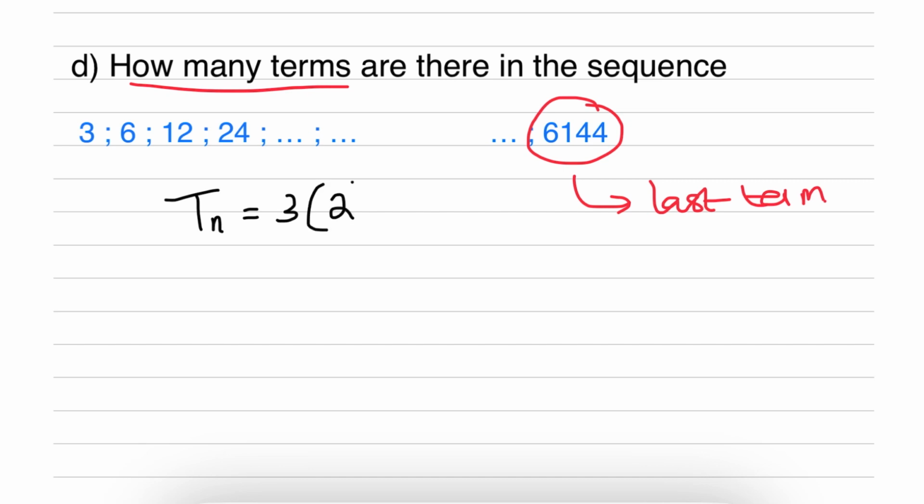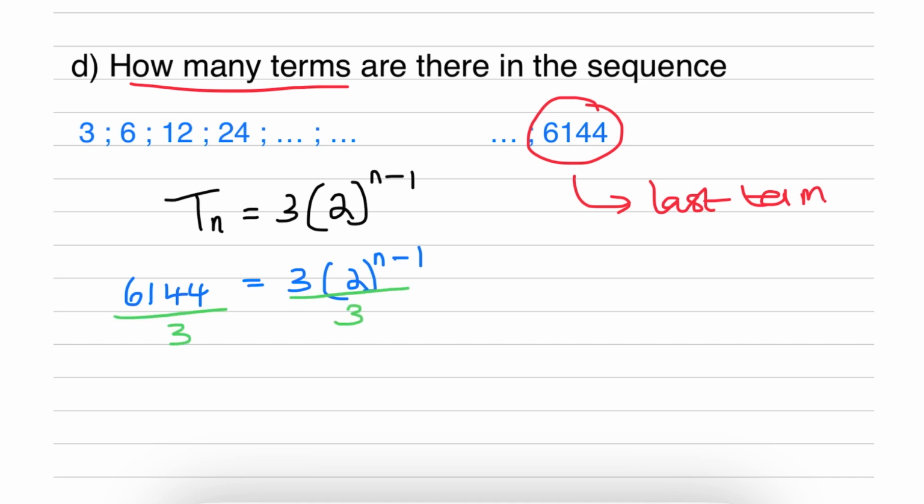3 times 2 to the power of n minus 1. Right, let's substitute our value, 6,144. And the first thing we need to do in order to solve for this exponent n is to divide both sides by 3 to cancel out this 3 that's hanging out in front. Okay, so that leaves us with 2 to the power of n minus 1, and 6,144 divided by 3 is equal to